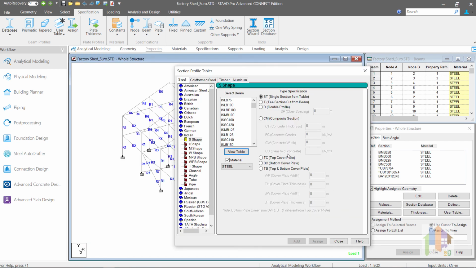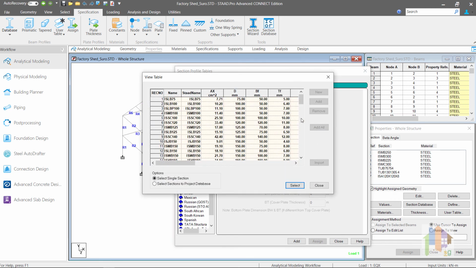In your projects, if you use the same user-defined section in multiple models, then it is better to add the section in the standard database rather than creating the section in each model as a user-defined section. Also, you can use this custom section for optimization. This I will discuss in the third part of the steel optimization series.